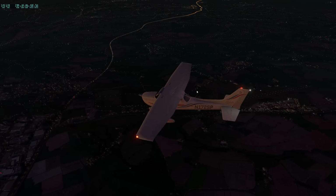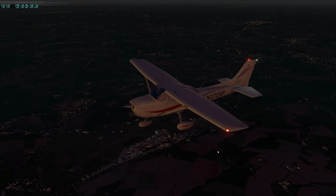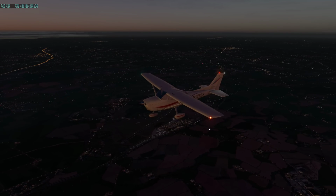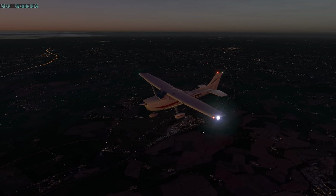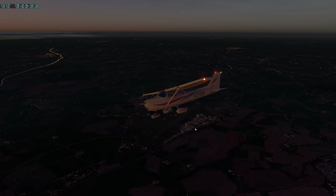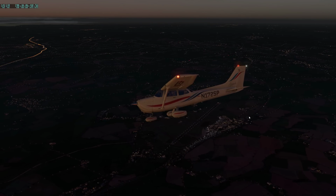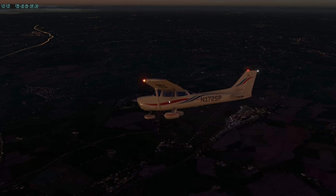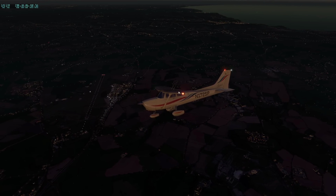I think they use it a lot for training, and they obviously decided to offer licenses, or you can purchase licenses. That's the other issue with P3D. You have to keep buying licenses every time they upgrade it, and it can get expensive. But it depends. Lockheed Martin make a lot of their money obviously from building aircraft and submarines and real stuff, so I'm pretty sure the profits they make from P3D are minimal. I'm assuming, obviously, but